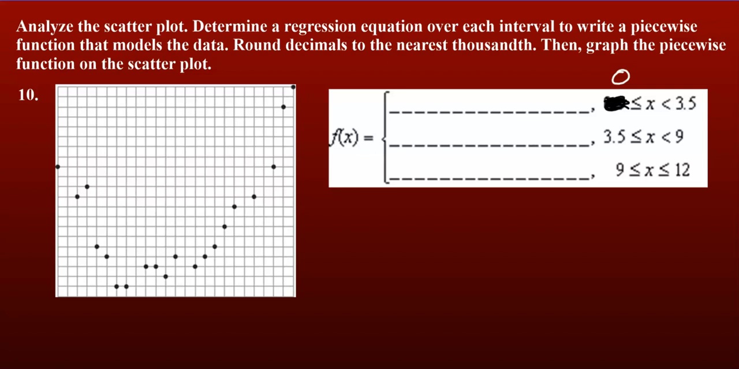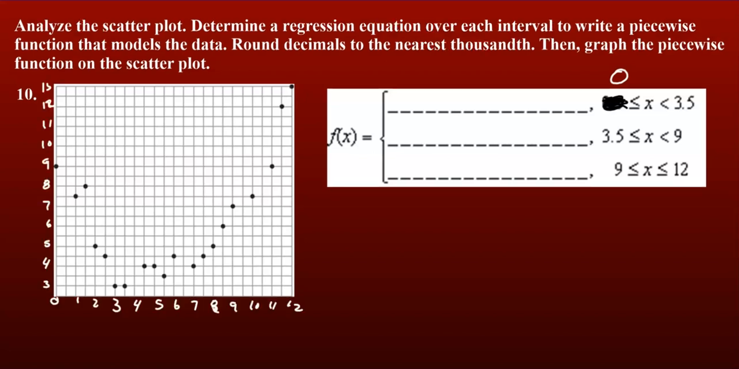So first thing we have to do is divide our graph into sections. And they gave us the sections. We're going from 0 to 3.5. So at 3.5, I'm just going to put a dashed line. Not that it's part of the graph, but it helps me to see my divisions. At 9, I'm going to put another dashed line. So each of these sections is a different function, and we have to look and figure out what each function